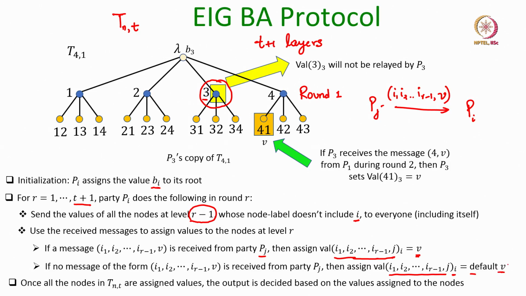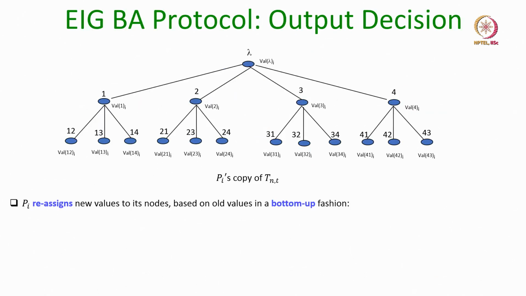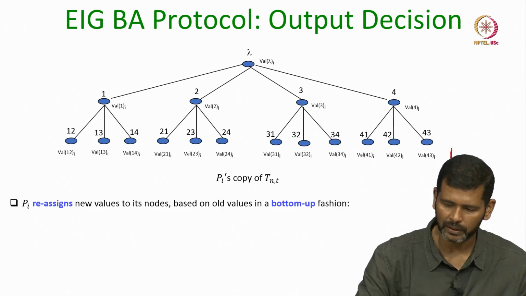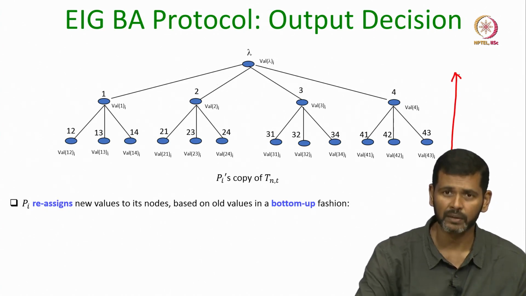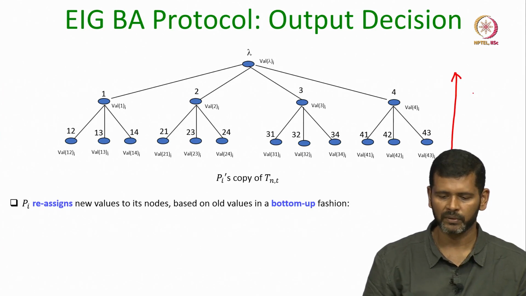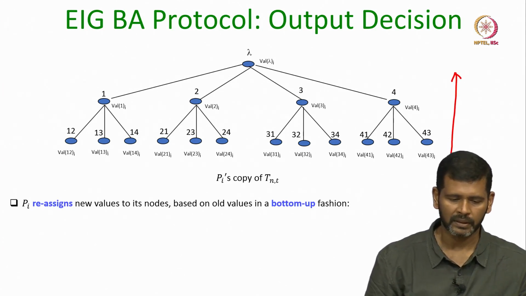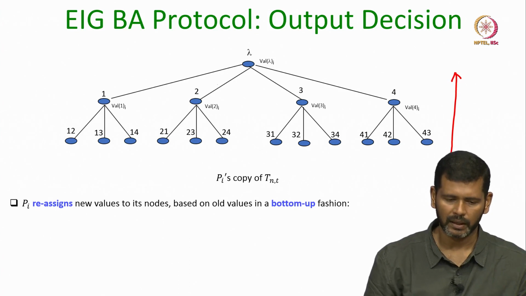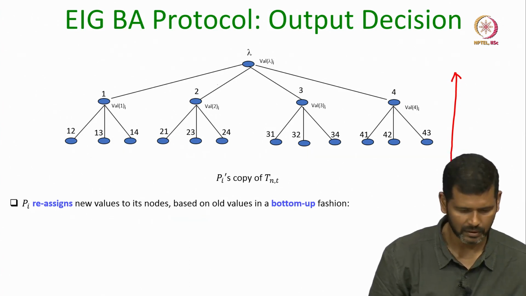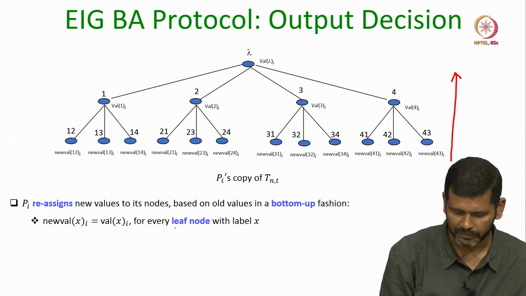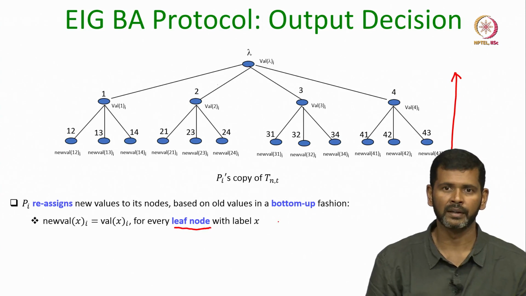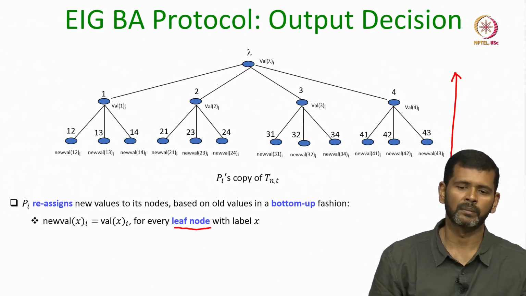Once all the nodes in the EIG tree have been assigned values, the output is decided based on the values assigned to the respective nodes. Namely, parties go to their respective copies of the EIG tree, start from the leaf nodes and go in a bottom up fashion. They reassign values to the nodes, and the reassignment happens as follows. For the leaf nodes, the reassigned values remain the same as they were earlier, whatever values the parties assigned